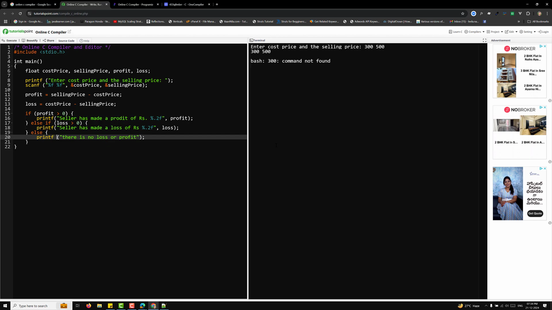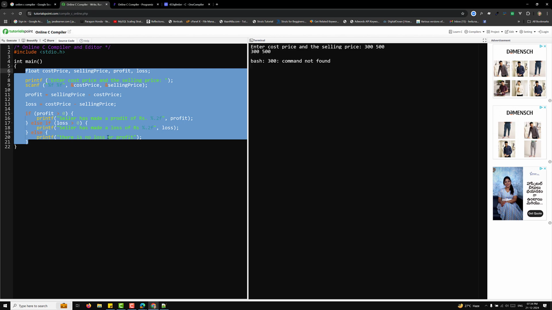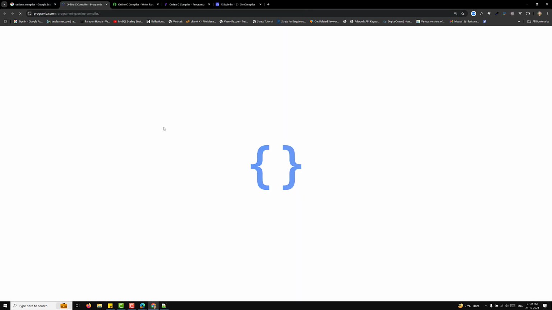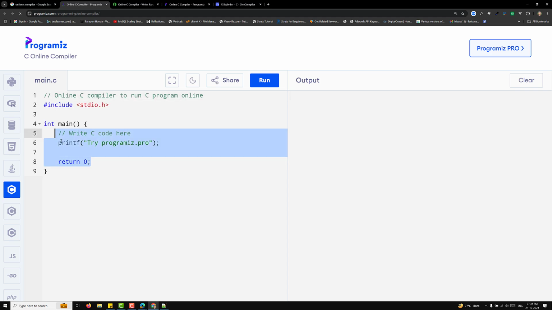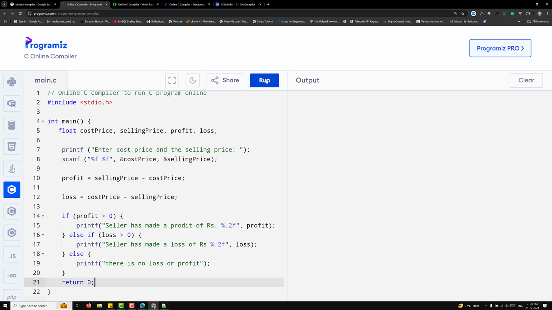Printf, it is correct. If profit is greater than 0, else if loss is greater than 0, everything is correct. Command not found. So that's why we should not rely on these online compilers. It's better if we have our own Visual Studio only. But why go there unnecessarily? We'll try to check it here at the final thing. This one, return 0. So now if I try to run this one, let's see whether it will ask